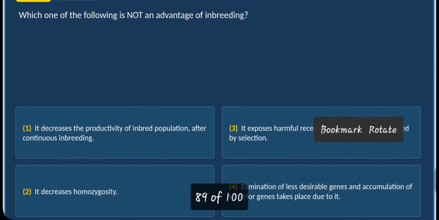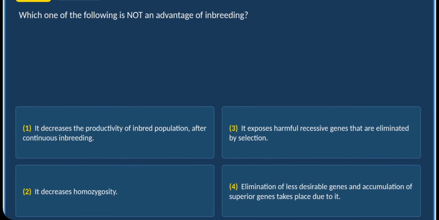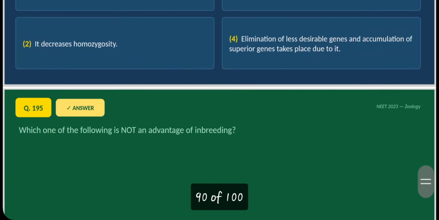Which of the following is not an advantage of inbreeding? It decreases the productivity of inbred population after continuous inbreeding. So this seems to be a correct statement. It exposes harmful recessive genes that are eliminated by selection. So the third one doesn't seem to be correct. It increases homozygosity, and elimination of less desirable genes and accumulation of superior genes takes place due to it. So rather the fourth seems to be